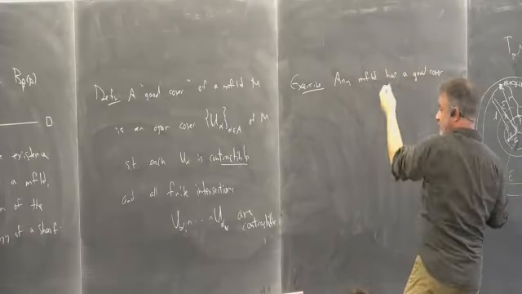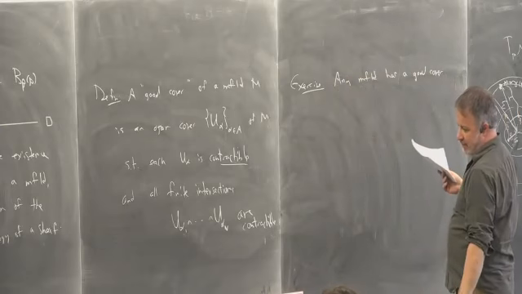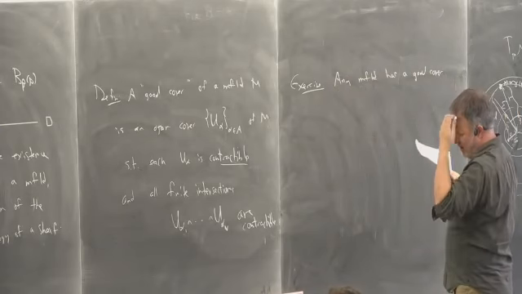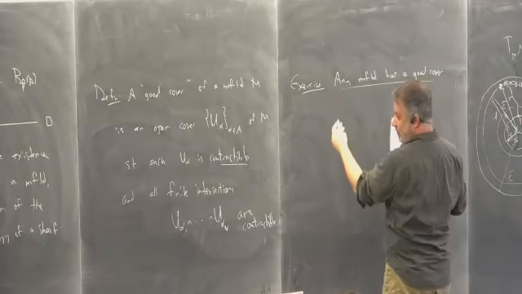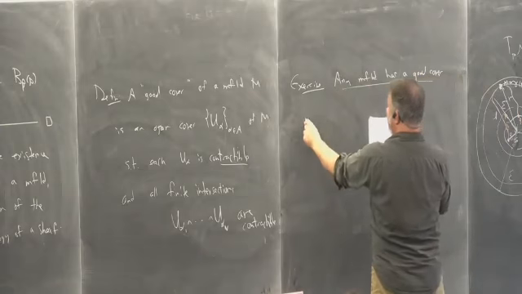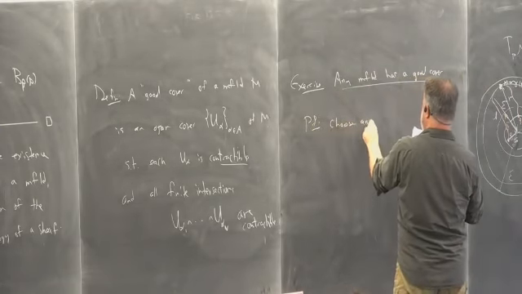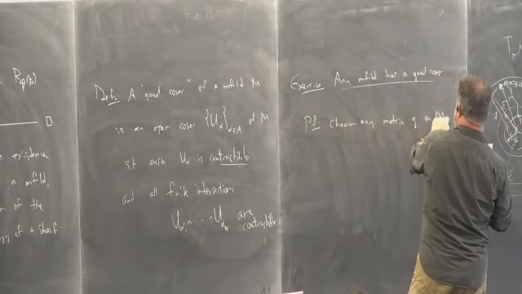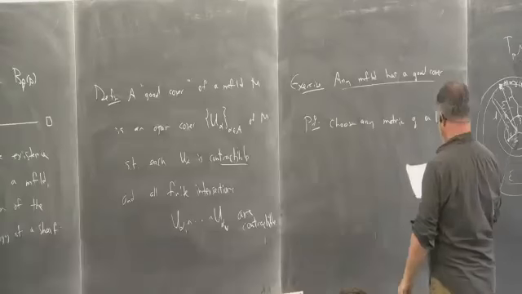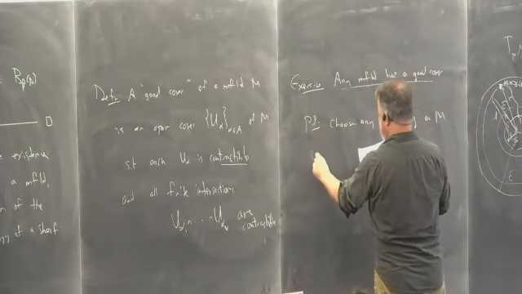And for us, our manifolds are always those that admit partitions of unity. It's not true if your manifold doesn't admit partitions of unity. So we definitely need the countable basis property and the Hausdorff property, which is what gives us partitions of unity. So the proof: choose any Riemannian metric g on M, and you know that those exist if your manifold admits partitions of unity, and let U alpha